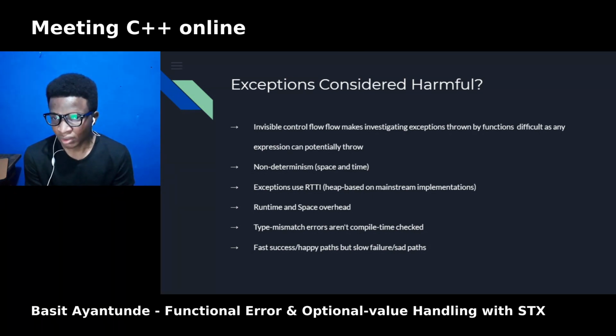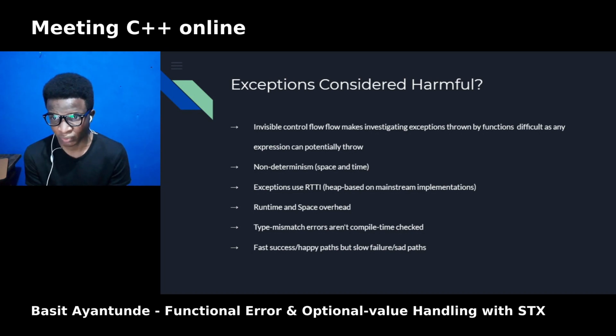Another one is that code using exceptions is usually non-deterministic. In hard real-time embedded systems code, you want to have a good idea of the amount of time each section of the code will execute for, and its space or memory usage.